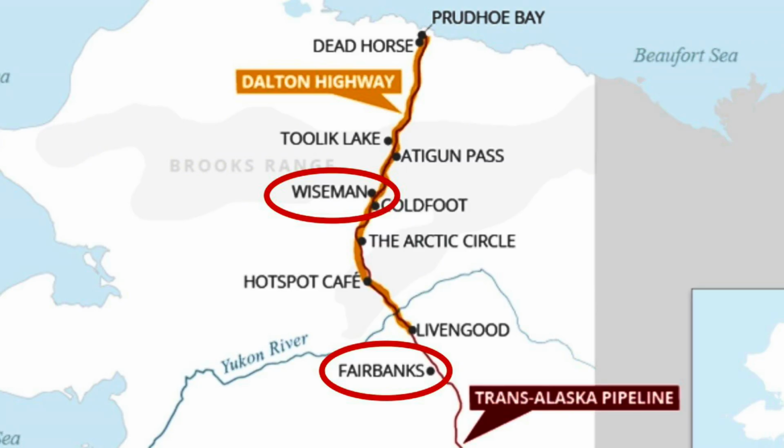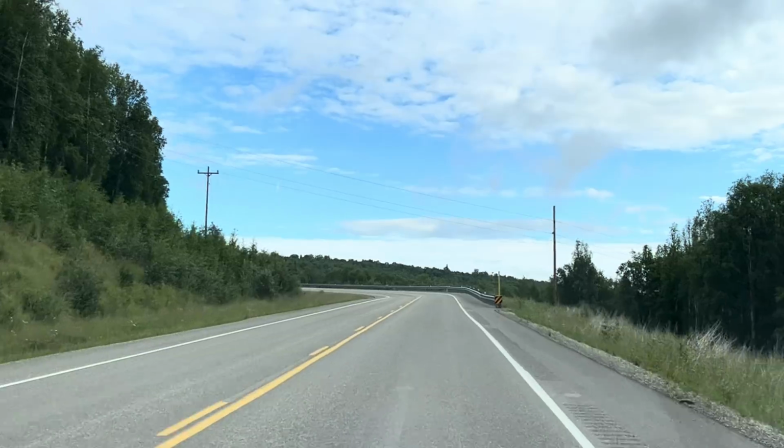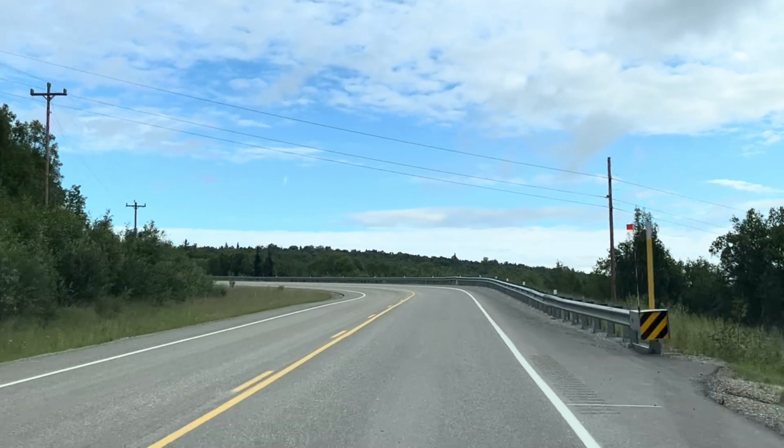I would normally stop and explore a lot longer, as you might know if you watch this channel a lot, but it's 273 miles from Fairbanks to where I'm staying tonight, Wiseman. I figured that would be a perfect place for a Wiseguy to stay. And a lot of it, you've got to drive pretty slow and on some rough roads, so I want to go ahead and get going as far as I can,